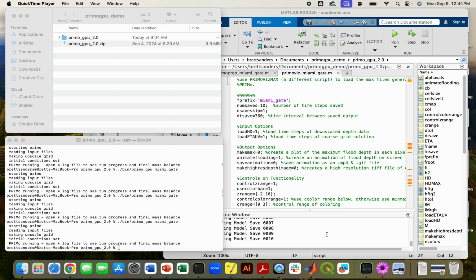Point sources represent points within the model domain where a flow of water can be added, such as for a river inflow or for the outlet of a storm drain. Now,